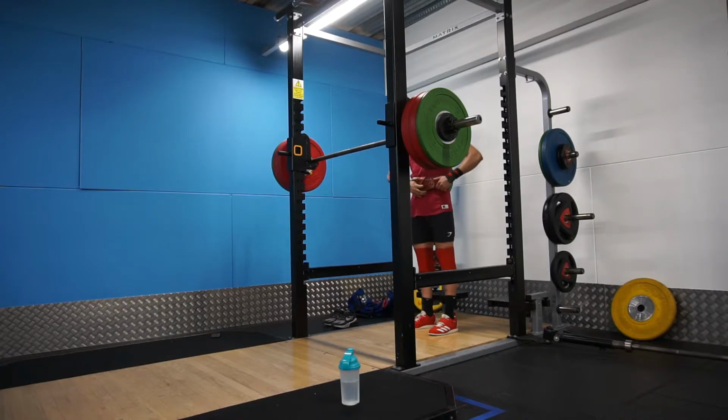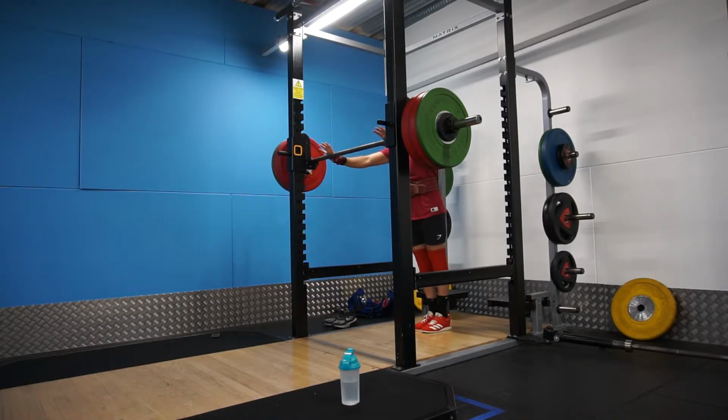I think on the 4th set or the 3rd set, I felt something pop in my hip, but it wasn't anything. I didn't rip anything. It was just, I don't know, clicked my hip or something. Because obviously we all know my hip mobility is trash. That's why I can't do sumo deadlifts for crap. But anyway, just wedging myself onto the bar,